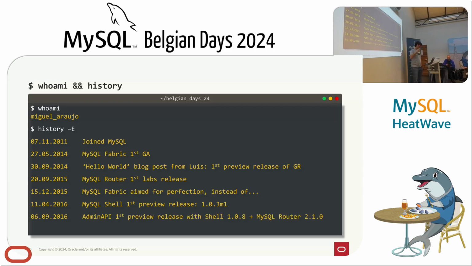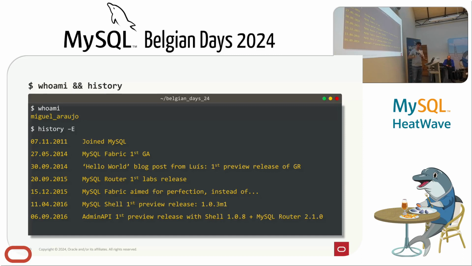And while this was going on, group replication was getting more mature. And we realized that we needed something that was easy to use, and we wanted to provide a fully integrated solution for group replication and asynchronous replication. And with the errors from the past, we learned that usability was really important. So we came up with the idea of creating an API in MySQL Shell to help deploy this kind of topologies, and also to create this metadata schema and so on. So MySQL Router came into play to do the transparent routing of queries and understand this kind of topologies.